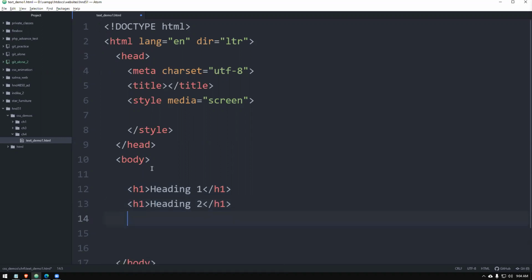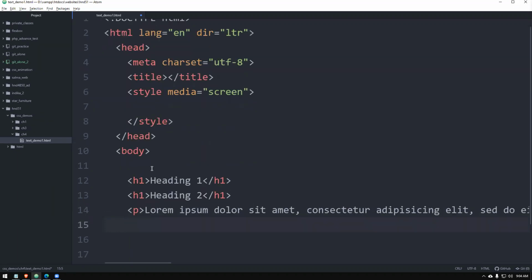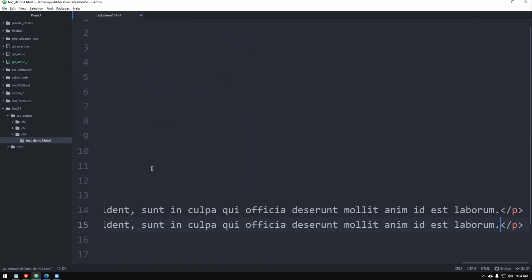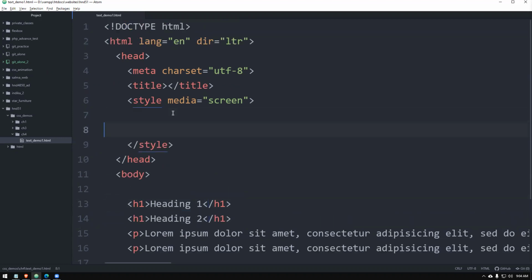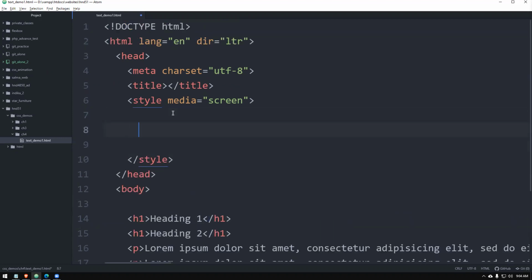Then you can have a paragraph, just put some text there, and we shall have one more paragraph, right? So 2 paragraphs and 2 headings with different sizes. That's all that I have in the web page. Okay, right. So let's come to the code.